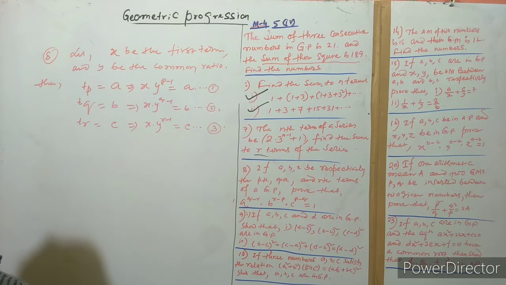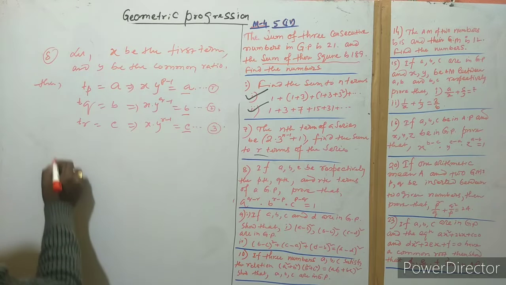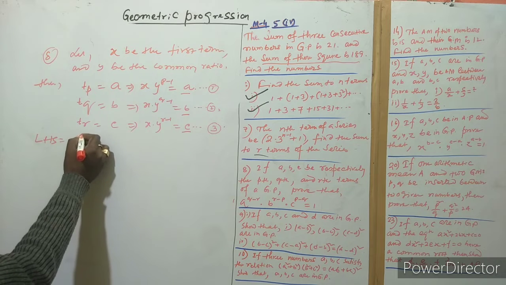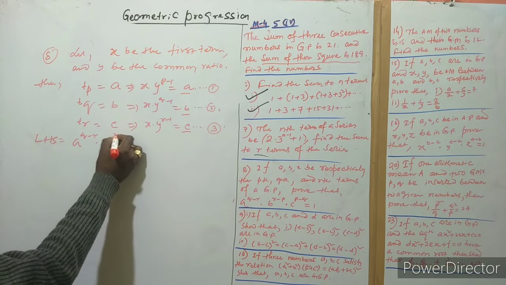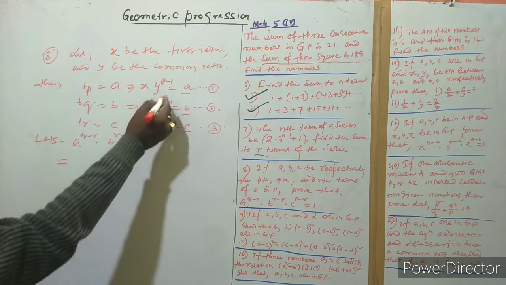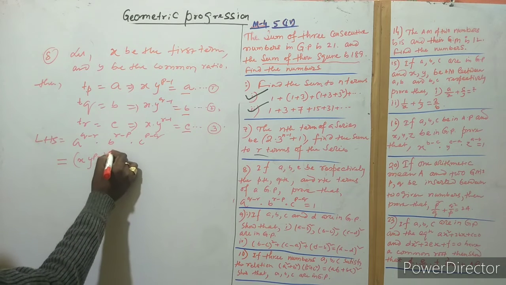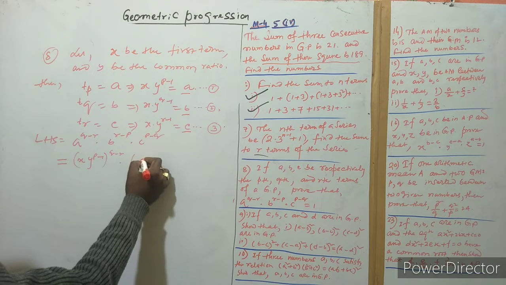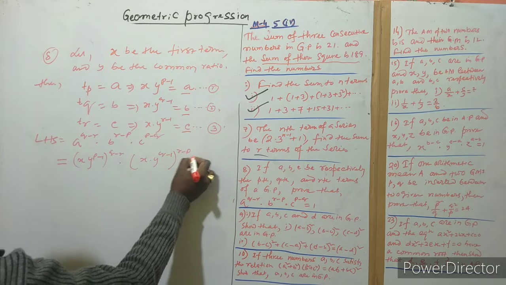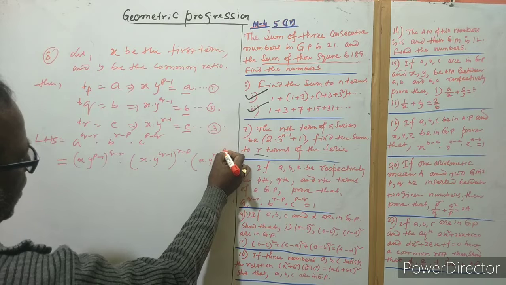Okay, see, now a, b, c. We have to find the value of a to the power b to the power. So you can easily put this in place of a, b, c. You write here the left hand side: a to the power q minus r, b to the power r minus p, and c to the power p minus q. And this is equal to, for a, this whole thing: x into y to the power p minus 1, and this is to the power q minus r. Again b, x into y to the power q minus 1 and whole to the power r minus p. Again c, x into y to the power r minus 1 whole to the power p minus q.